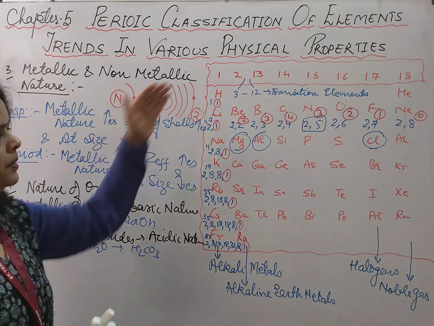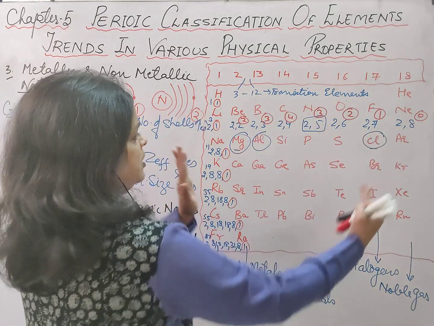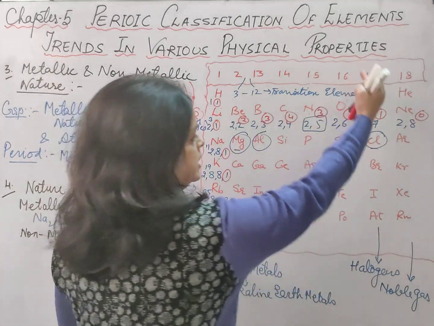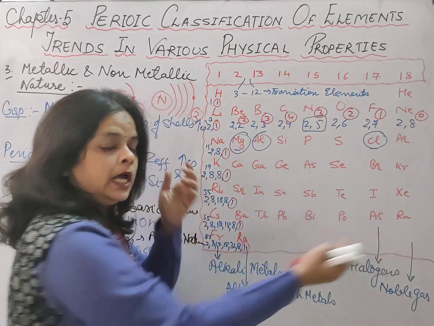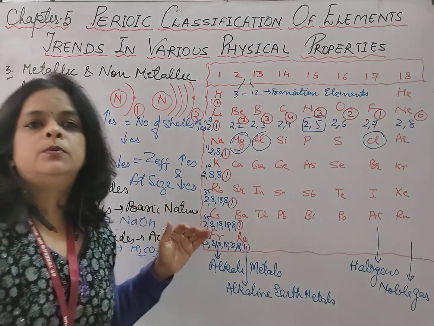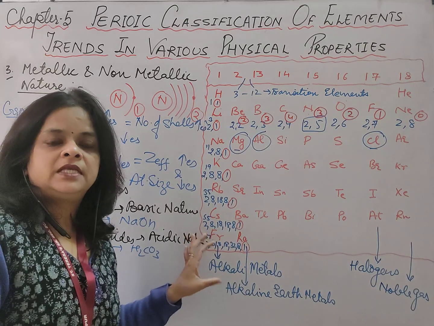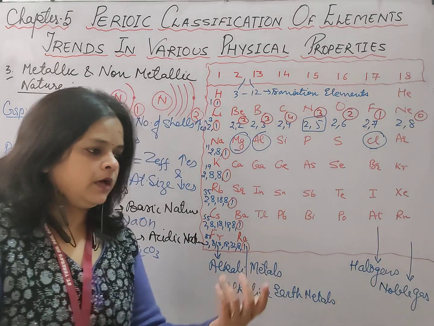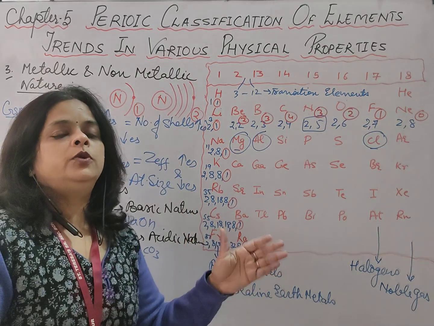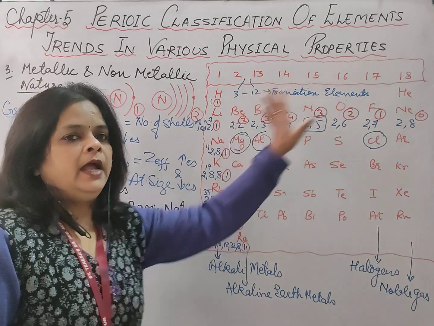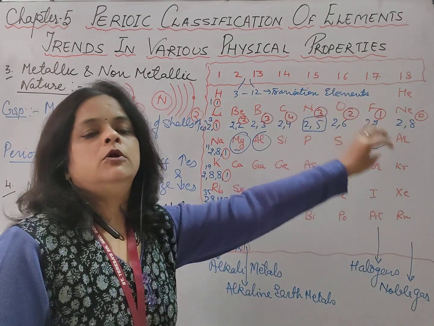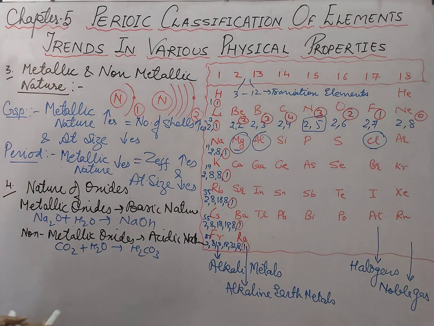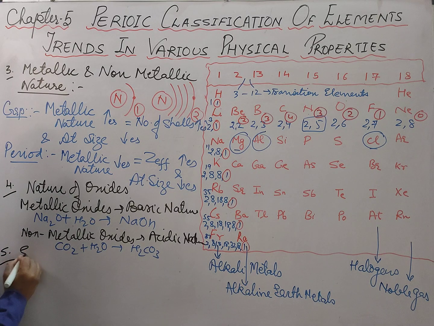the metallic oxides, because here the elements, if you compare the two, left hand side, right hand side, you can say the elements which are coming here, they are forming the metallic oxides. The elements which are coming in the right hand side, they are having the non-metallic oxides. So आपसे बोल सकते हैं कि they are having the basic nature of the metallic oxides and they are having the acidic nature of their oxides. अगर वहाँ पे metallic non-metallic नहीं भी use करते हैं, so you can very well tell because here the metals are present and right hand side non-metals are present, so their oxides will be acidic and their oxides will be basic. Okay, and the last one students, that is the electropositivity